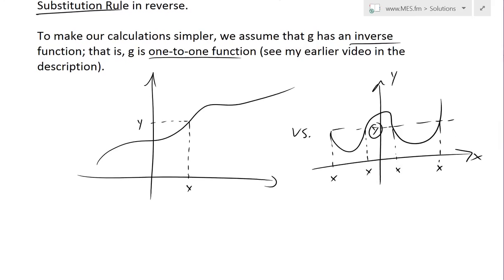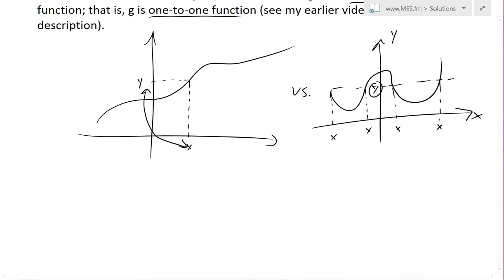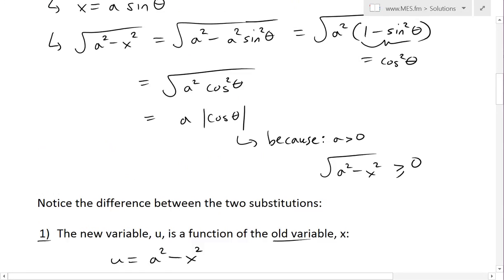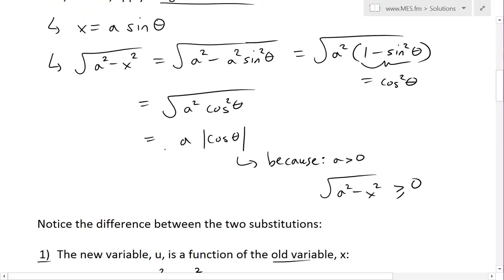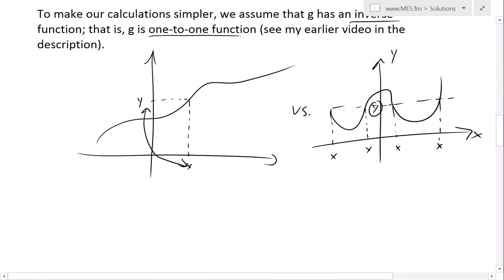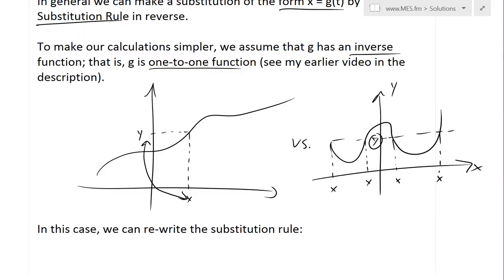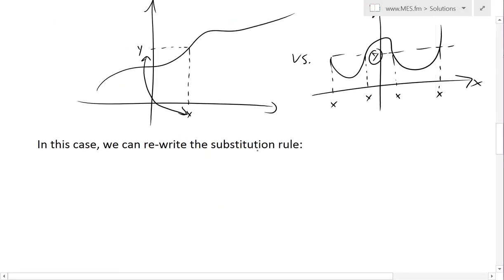And the problem here is that when you take the inverse, we switch the x and y. In this case we can't switch y with 4 x's, and we'll need to do this inverse because after you start solving this, we would need to apply an inverse in the integral, and I'll go through that in an example later. Now in this case, when we use the substitution rule in reverse,